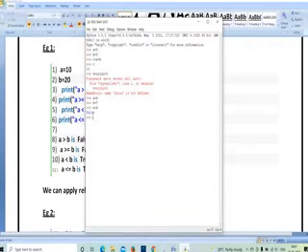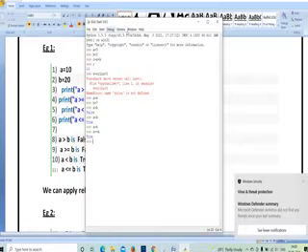Based on the condition, if the condition is correct, you are going to get true, or else you are going to get a result as false. a equal to b, a double equal to b. So like that, based on whatever we are giving, we are going to get output.